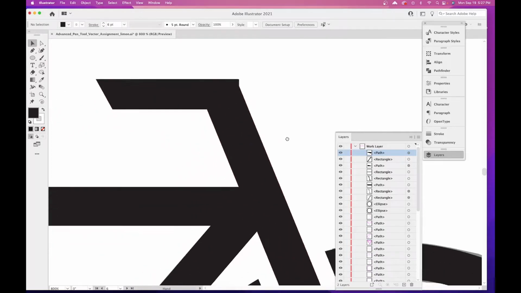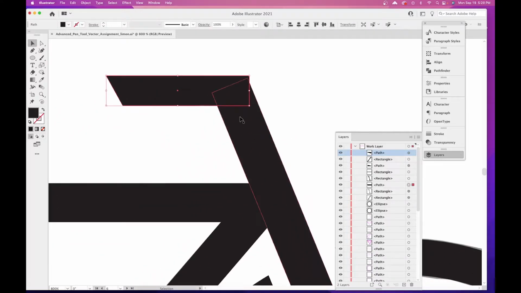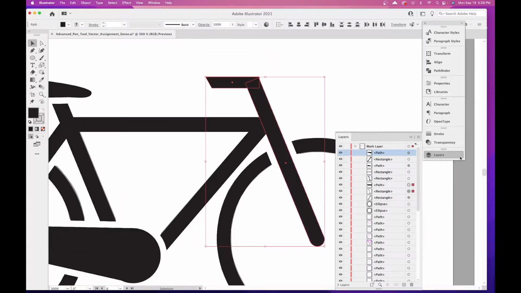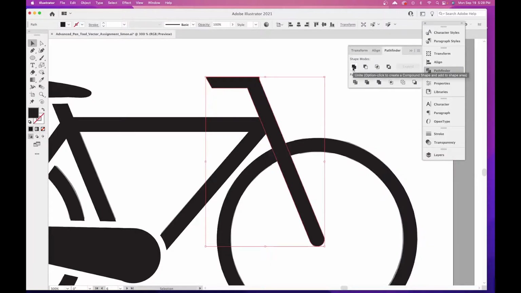Okay, so now let's go ahead and join these two. So with your selection tool, select this one, hold Shift, and then select this one. Pretty much the handlebars and the front fork, and then go to your Pathfinder panel, and let's join these. And let's see, maybe we should not have done that. The reason why is because we lose this whole area here, so we want to keep it like that. So let's actually undo that,